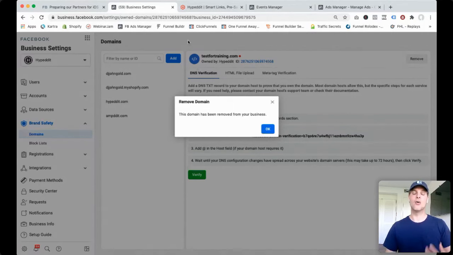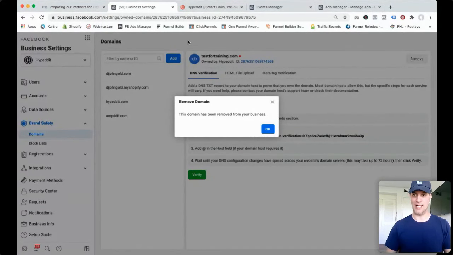So next, once you have verified your domain in Facebook, you need to make sure that the events from your smart links, your download gates, your link gates, your pre-saves, whatever you're using, come from pages that reside on your custom domain. And the way you do this is you set up a custom domain in Hypeddit so that all your Hypeddit links and gates can be served to your fans and your audience using your custom domain